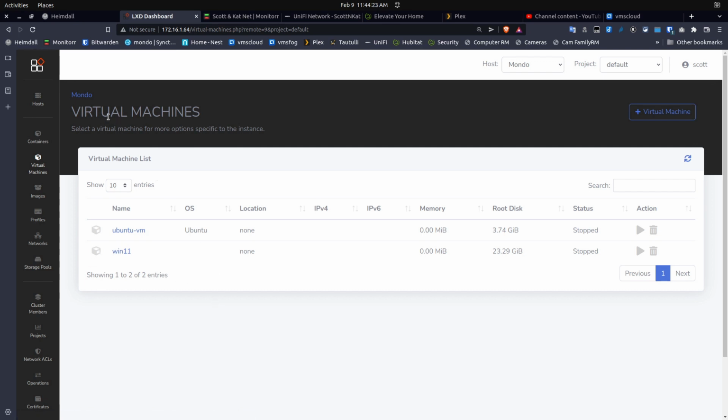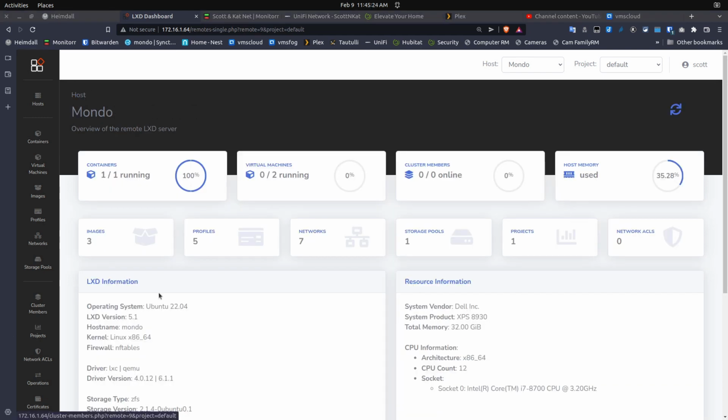And LXD also supports something called LXD Virtual Machines, and I have two videos that discuss how to create a LXD virtual machine for Windows 11, and I have one video that talks about how to create a LXD VM for Ubuntu. So back at the host level for my desktop machine Mondo, besides seeing how many containers are running